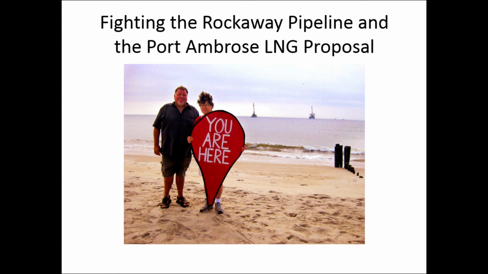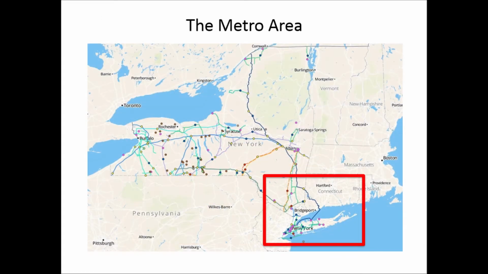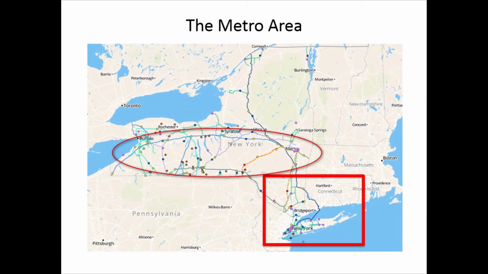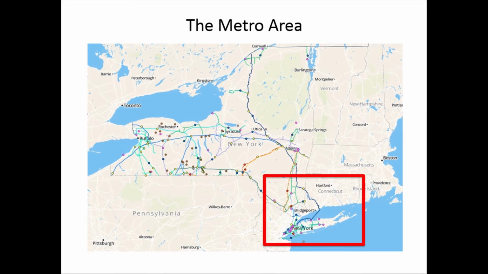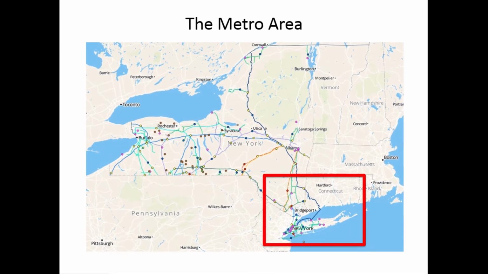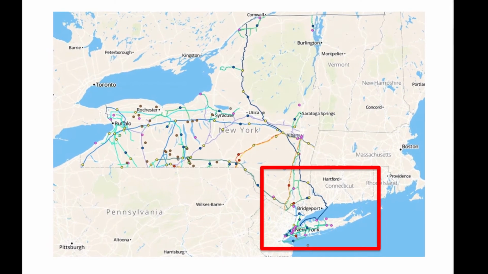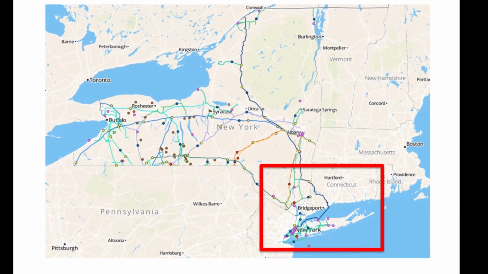Basically, the Port Ambrose LNG port is planning to drill here, ship it through here, frack us up, and ship it out to the highest international bidder, because they can liquefy all this gas that they're fracking from here and put it on a boat, which is what's happening in Cove Point, Maryland right now. Okay, you guys know that. I don't know if you know about that fight, but it's a pretty hefty fight that's going on.